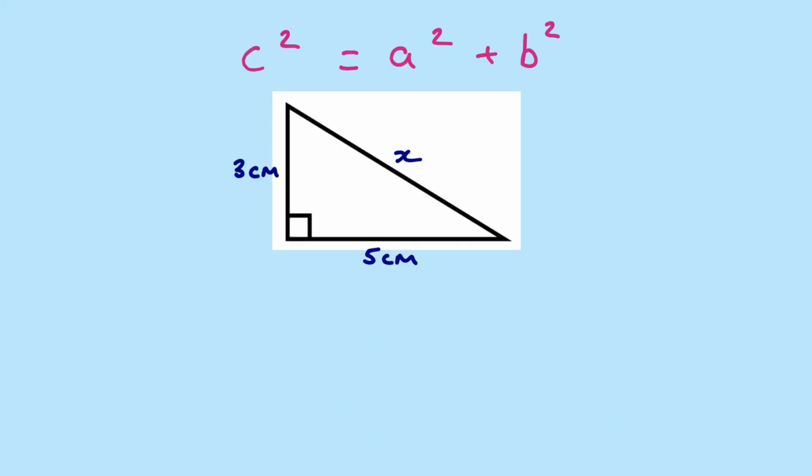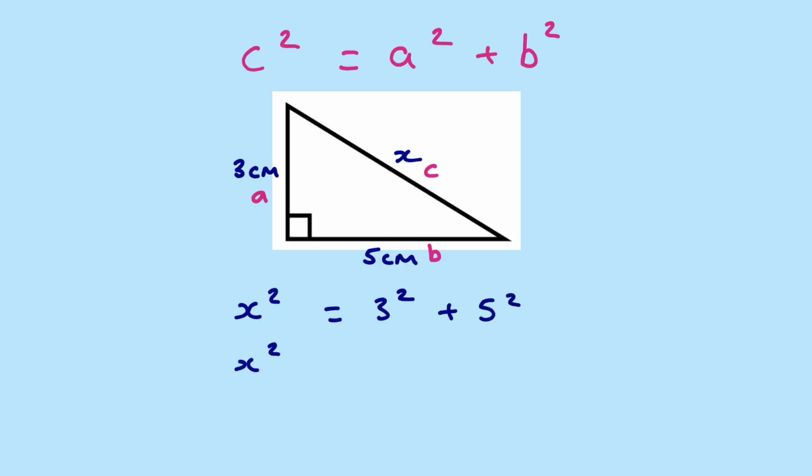So let's have a look at another example. Again, we have the missing side, which is the longest side, the hypotenuse, opposite the right angle. So let's label our sides first. So of course this is C, always the longest side. And then the other two, smaller sides, are A and B. So substitute into the formula. So C is our unknown x, and that is equal to 3 squared, and B is 5 squared,